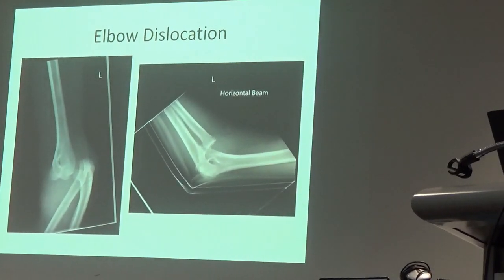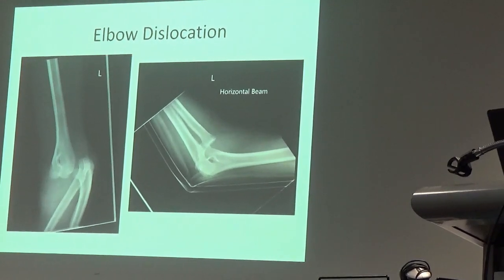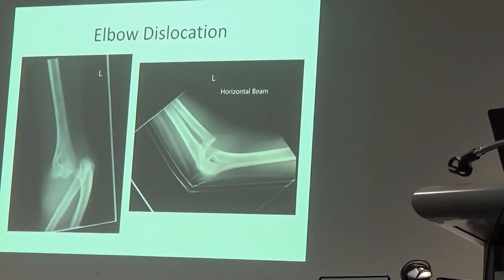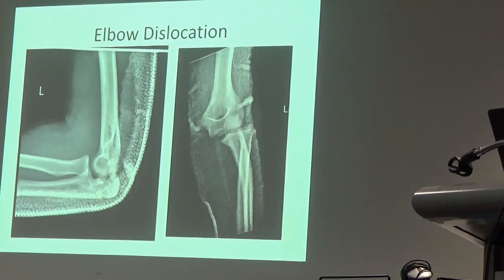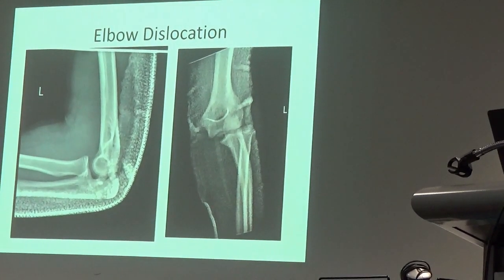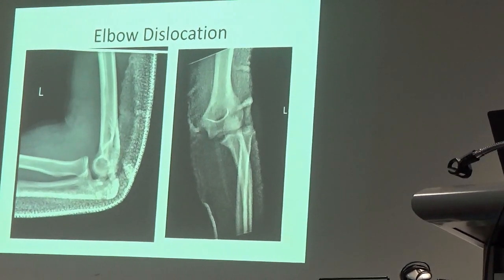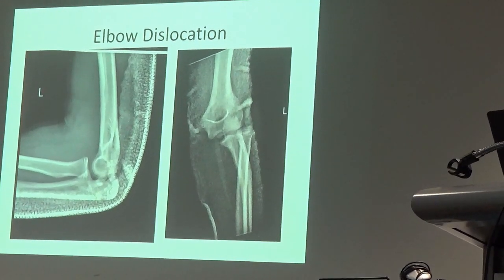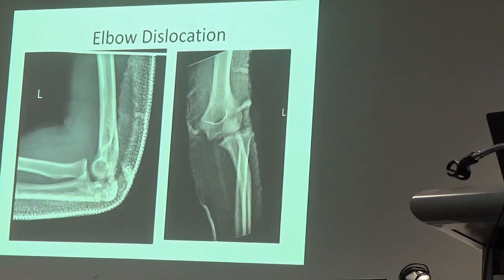But the problem here, and you get these teenage kids that dislocate, is that the things that the muscles pull off, like the epicondyles, still have growth plates and weak points. So if you do go on to reduce an elbow in a young kid, it's so important to get your x-rays post. If you look at the x-ray on the left, that looks like a concentric reduction. The radial head's pointing at the capitellum, the trochlea looks like it's lining up with the ulna. But if you look at the coronal, you can see that there's something in there, and the joint's not reduced